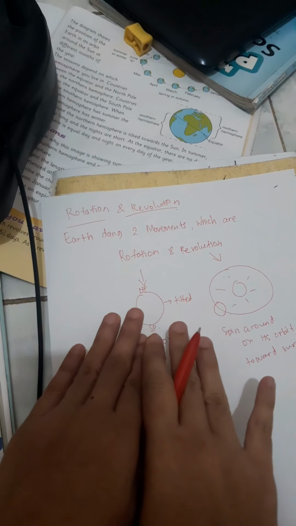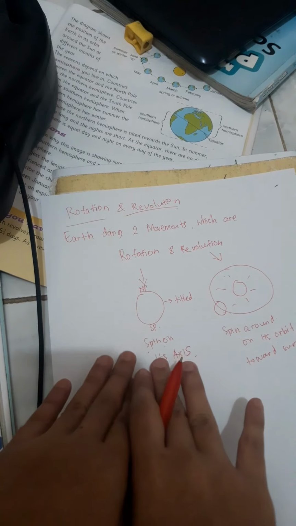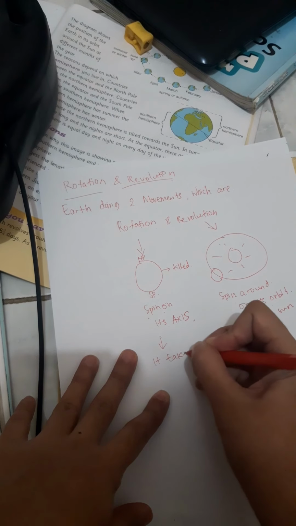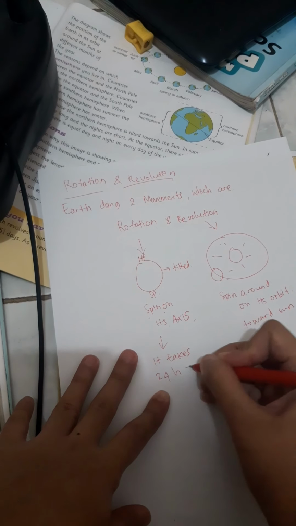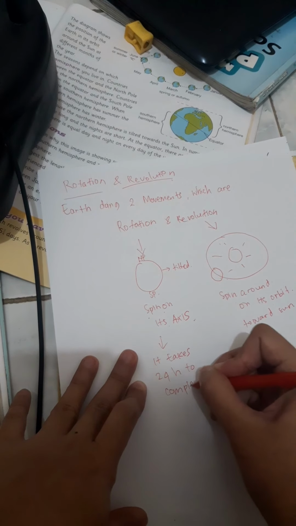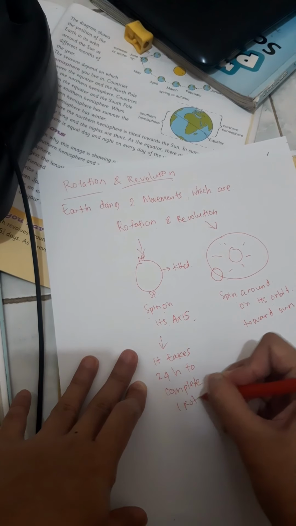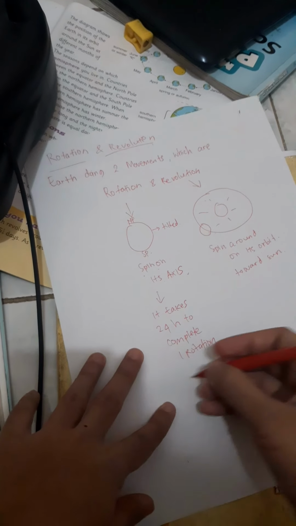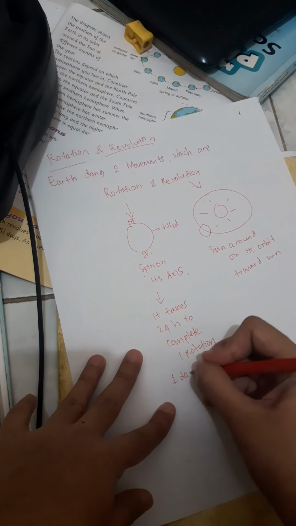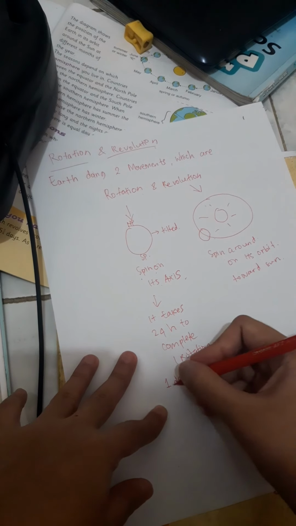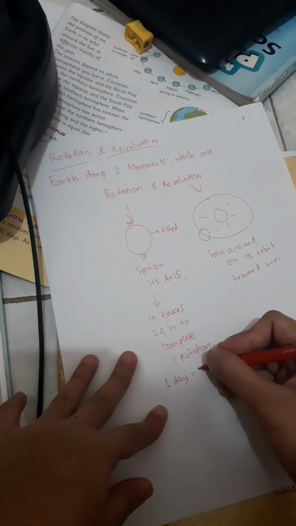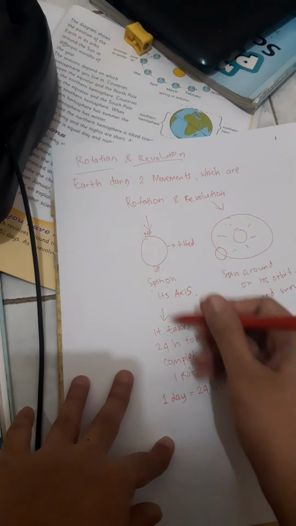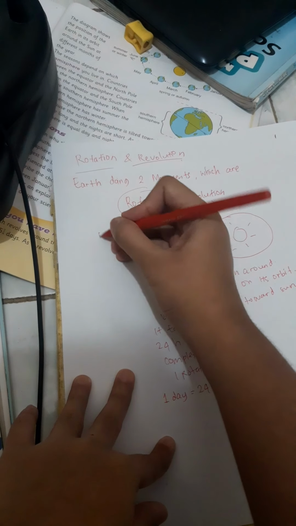Now I'm going to explain rotation deeper. Rotation takes 24 hours to complete one rotation. So the duration to complete one rotation is 24 hours. That's why on the earth one day is equal to 24 hours. And this rotation causes